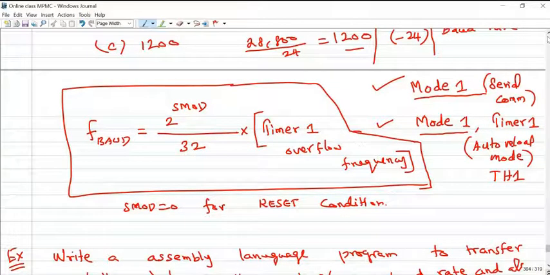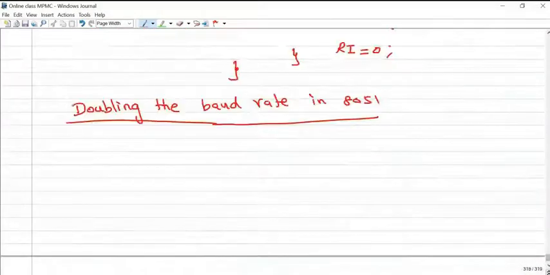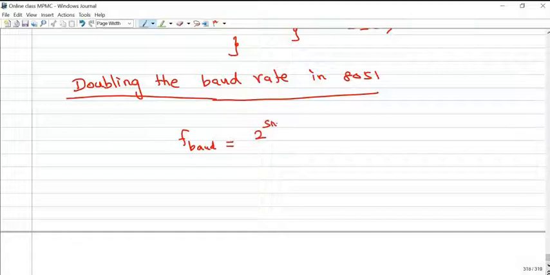That is this 28,800 Hz. So using this formula, we can increase the baud rate.